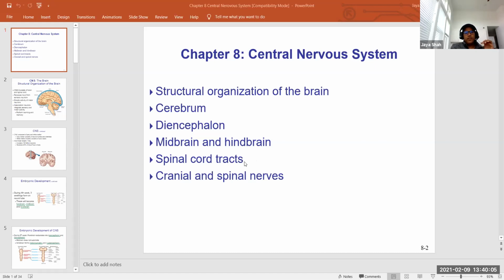And continuously then we will talk about spinal cord tracts and some cranial nerves and spinal nerves for the peripheral nervous system. So we will not go into detail on the peripheral nervous system. We'll just talk about cranial and spinal nerves. That's why we skipped some of the part of the peripheral nervous system. Okay. So here,